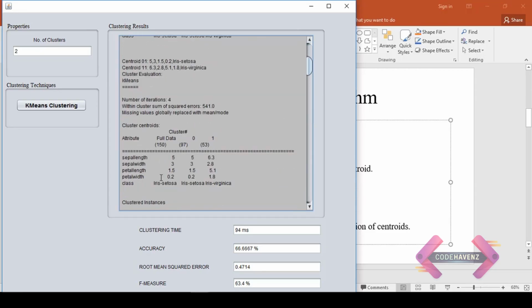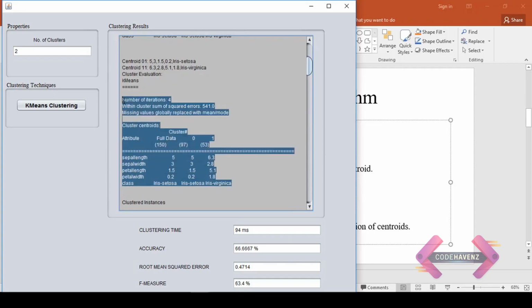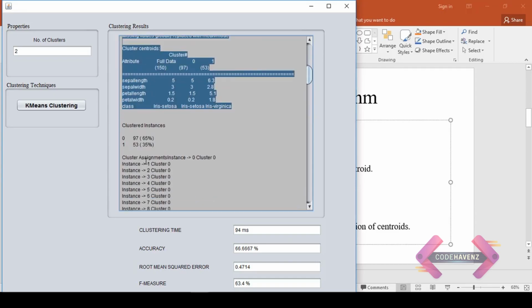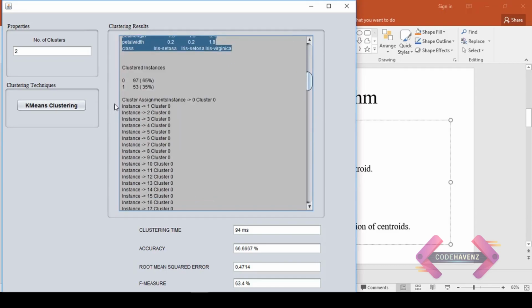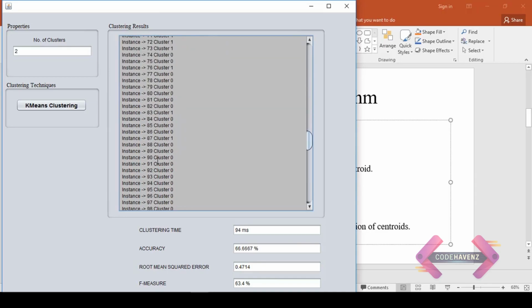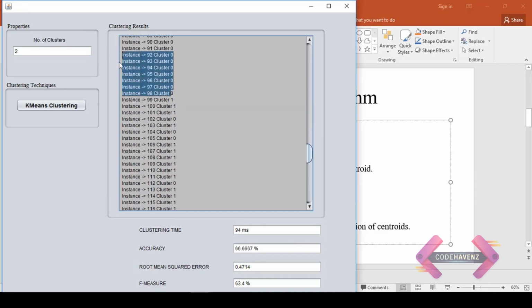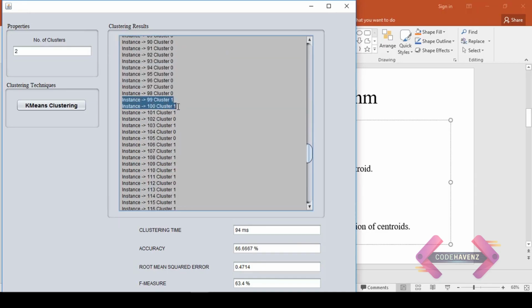Similarly, after the 4th iteration, we get these kinds of results. And here I have shown which instance is assigned to which cluster. Like the first ones are assigned to cluster number 0, and some instances, 99, 100 and 101, are assigned to cluster number 1.